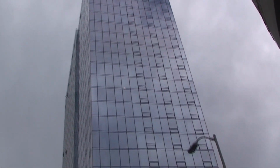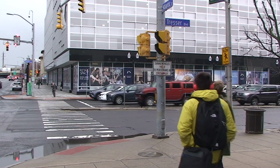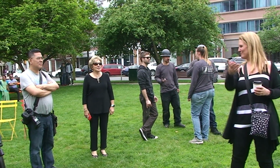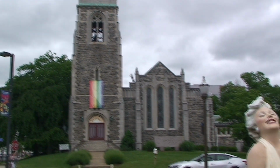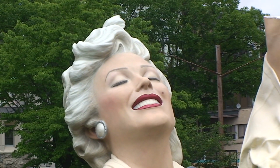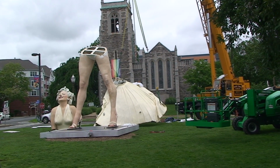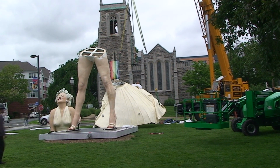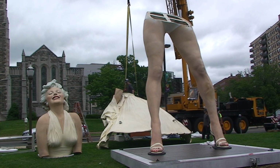In downtown Stamford, you'll see tall buildings and short buildings and traffic and pedestrians and green parks and the architecture of historic churches and Marilyn Monroe. Marilyn Monroe? A giant Marilyn Monroe? Yes, she's a sculpture by the world-renowned artist Seward Johnson, standing 26 feet tall and recreating the iconic image from